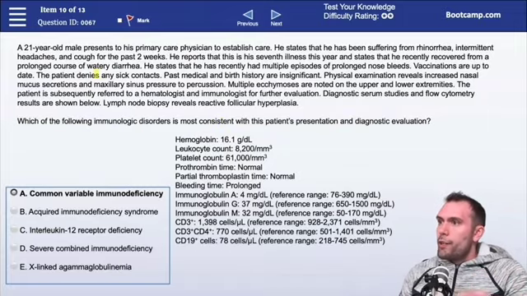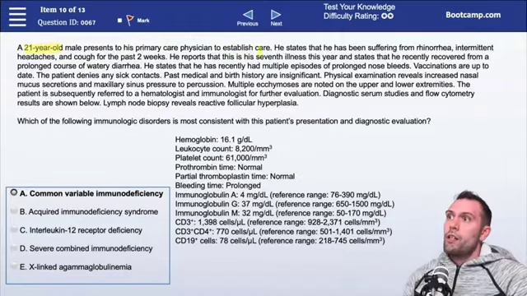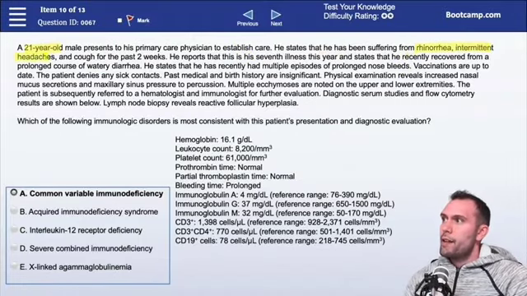I'll walk you through it and tell you what are the big things that really should have jumped out at you here. So we have a 21-year-old male who's presenting to his primary care physician to establish care. He states that he has been suffering from rhinorrhea, intermittent headaches, and cough for the past 2 weeks. He reports that this is his 7th illness this year and states that he recently recovered from a prolonged course